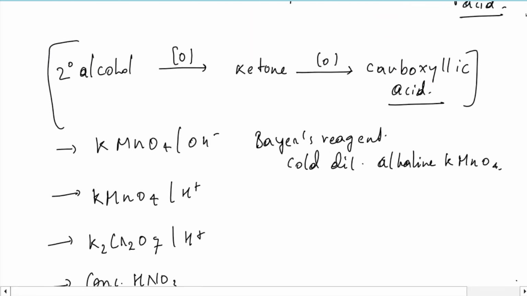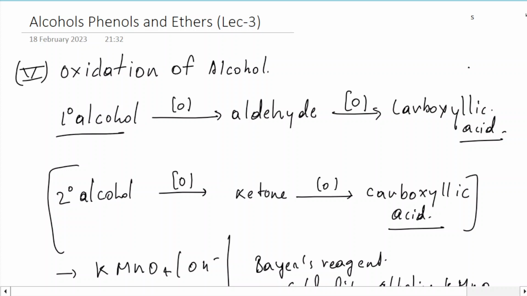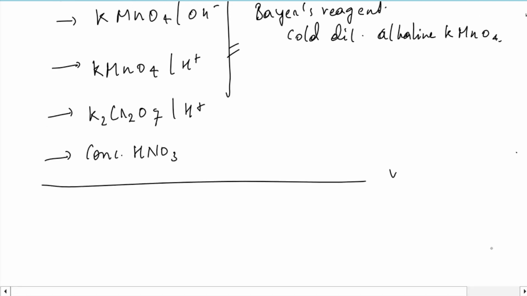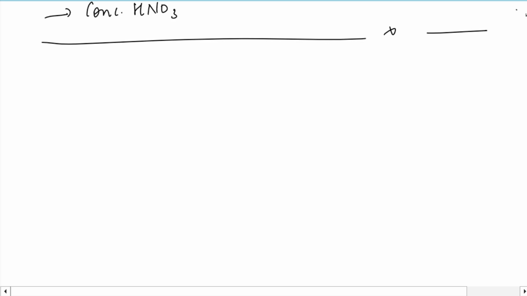But these are very strong oxidizing agents. If we oxidize a primary alcohol using KMnO4 in the presence of H plus or OH minus, it will oxidize it directly to carboxylic acid. It will not stop anywhere in between at the aldehyde. So if we have to oxidize the alcohol up to aldehydes only, we have to use a mild oxidizing agent, and that is PCC. We call it pyridinium chlorochromate,